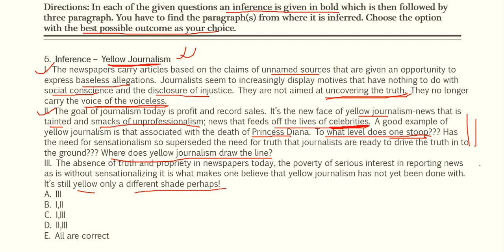Yes. This one is also trying to focus on yellow journalism, and sarcastically the author here seems to criticize, fine, yellow journalism. So this one is also correct. So the correct answer to this question will be all are correct. Have you understood? Now the next one,